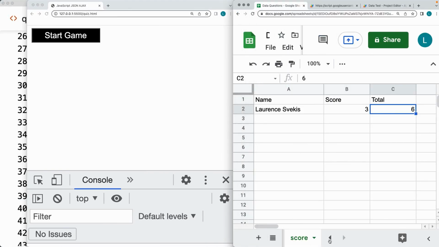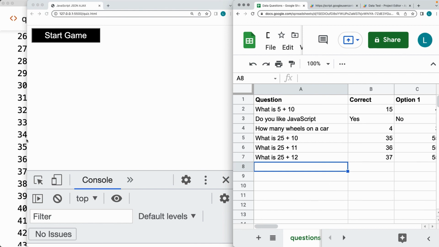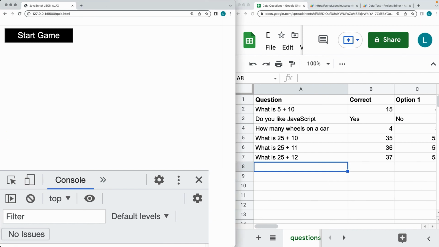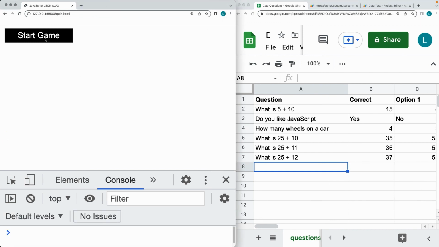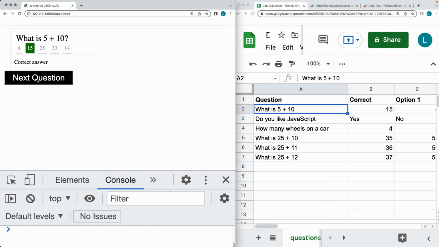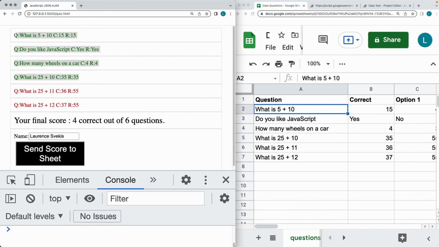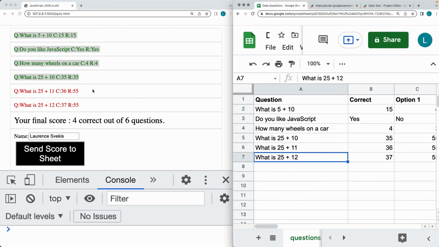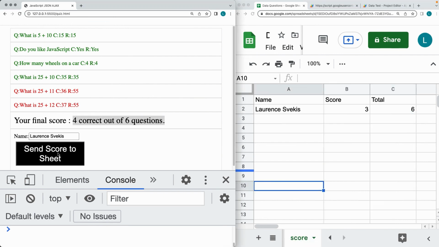So let's go ahead and we'll try it out and we'll play through the game. So the questions are coming from the questions sheet, and whatever number of questions we have as the game loads, when we click the start game, that's the number of questions that are going to be loaded. So starting out with the first question, and then it provides us feedback if we got it correct or incorrect. And then going through, depending on how we're scoring, it's going to provide us an end score sheet. So once we reach the end of the questions, then it totals the score, tells us how many we got correct out of 6 questions,